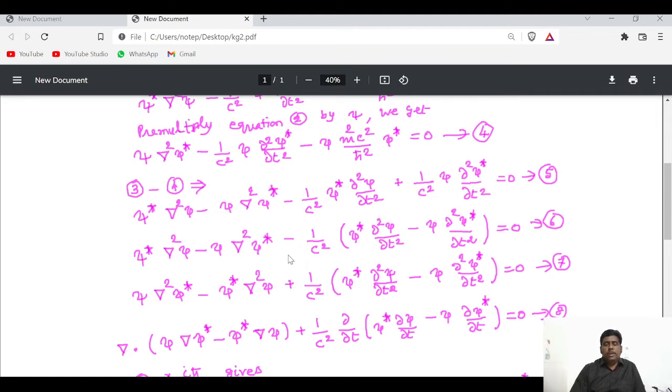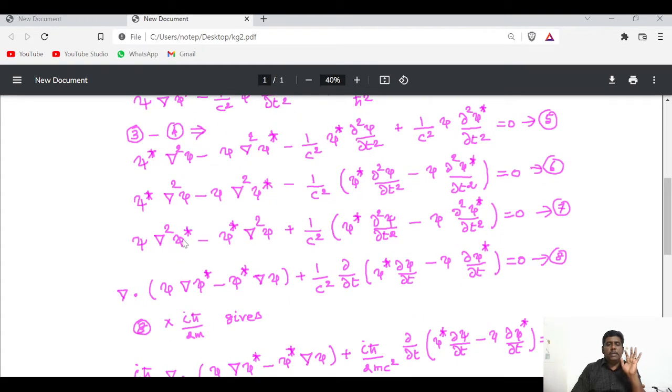Here if I put a negative sign, minus into minus plus 1 by c square psi star dou square psi by dou t square minus psi into dou square psi star by dou t square, entire is equal to 0. The equation 7 is obtained by way of multiplying all the terms of equation 6 with a negative sign, nothing new to interpret. Then I have taken del outside here, del dot psi into del psi star minus psi star del psi. Here I have taken out dou by dou t outside, 1 by c square dou by dou t, then psi star dou psi by dou t minus psi into dou psi star by dou t, entire is